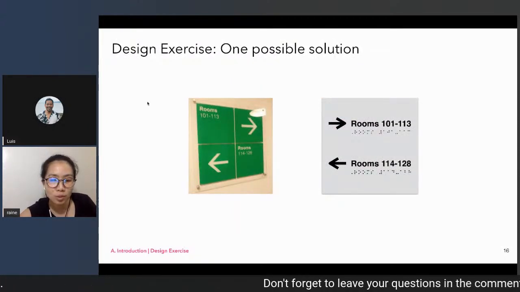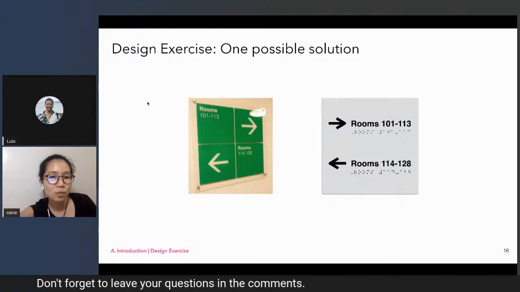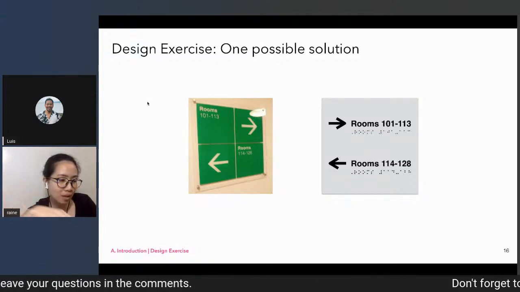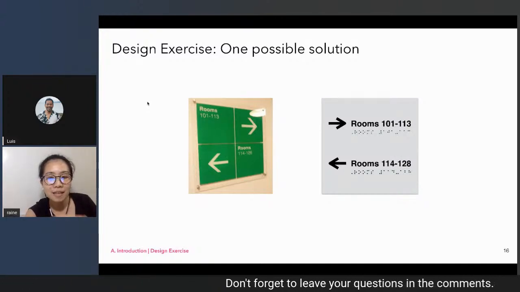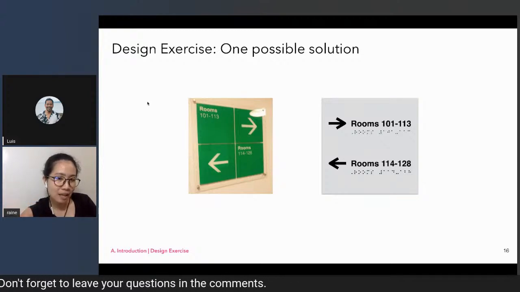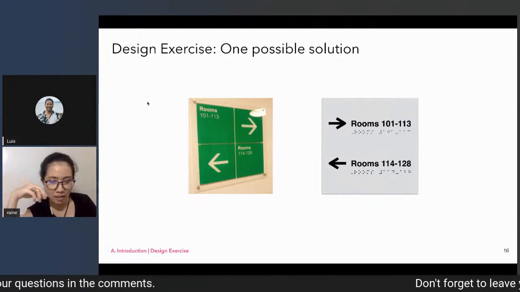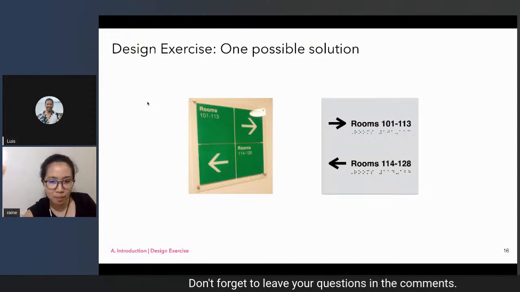So I have your possible solution. There are many ways of solving this problem. This is just one way, like the other suggestions that we received. So I added here a braille, so that's the accessibility part of the experience. Because what if there are blind people?